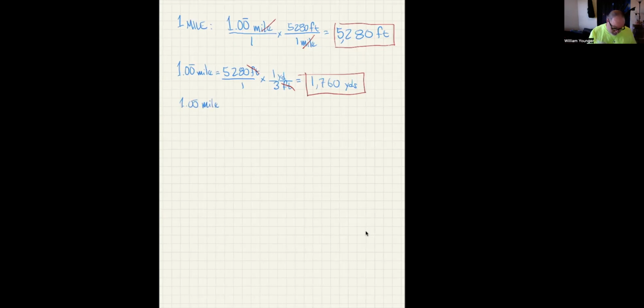But I want to go ahead and realize that we already said that was the same thing as 5,280 feet. So I'll put that over 1, and then I'll make use of the fact that 1 foot, again, writing a fraction such that the units I have disappear and the units I want remain. I'm going to have to put the foot in the bottom, and there's 1 of those for every 12 inches. So I'll put the inches in the top. You can immediately see that the foot cancels out with the foot,